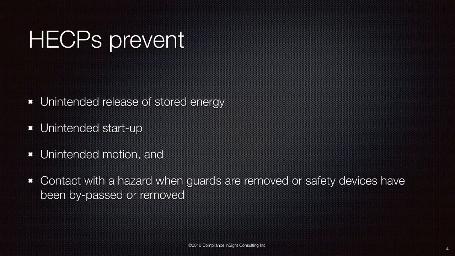Hazardous Energy Control Procedures, or HECPs. Hazardous energy control procedures are administrative controls used when a task needs to be done with the machine's safety systems partially or completely bypassed or disabled, and the machine has to remain energized. When a machine's safety systems are fully operational, the likelihood of injury is usually quite low. But when safeguarding is bypassed for troubleshooting, testing, setup, or some other reason, like convenience, the likelihood of an injury